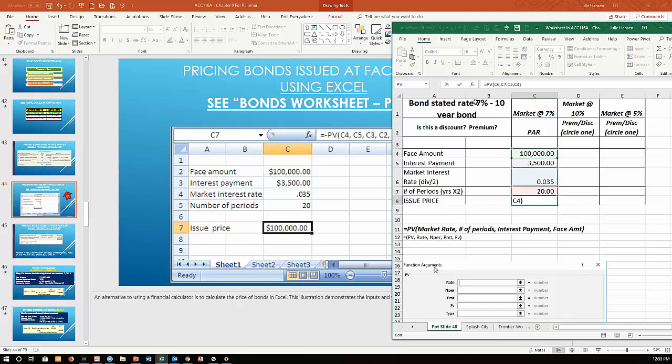Now I have to put a minus sign in front because it always comes out as a negative number, and I can't explain that. So, all right, this totally makes sense, doesn't it? I'm going to have a $100,000 bond that I'm going to issue out. Every 6 months, I'm going to pay $3,500 to whoever buys my bond, and then at the end of the bond period, which is at the end of 10 years, I'm going to give them $100,000 back. It's a good deal for me because I get to borrow the money. It's a good deal for the person who buys my bond because they get interest payments of $3,500. Okay, and so if the market is paying 7% and my bond is paying 7%, they're going to pay